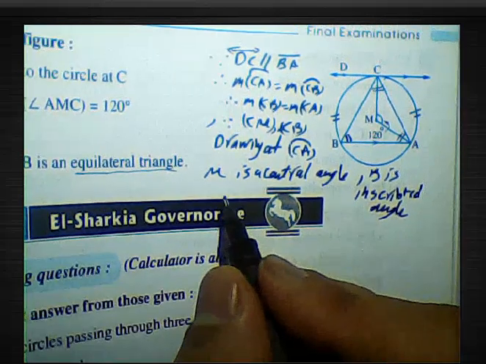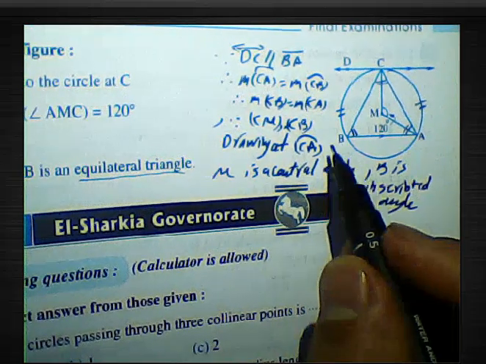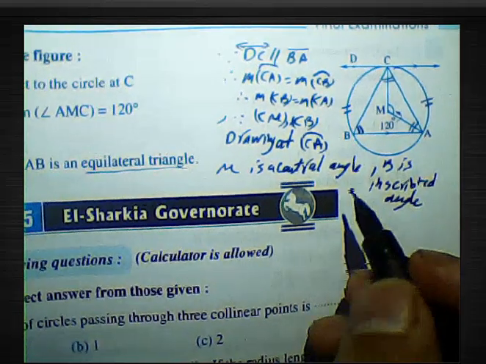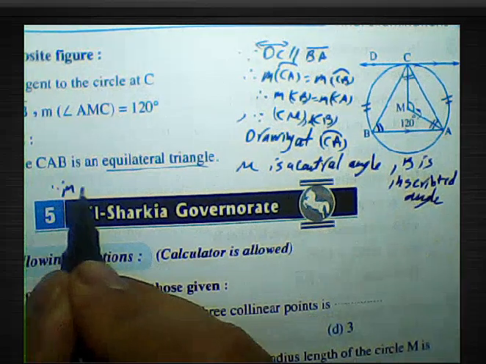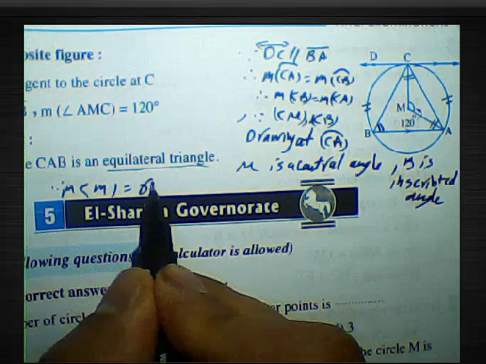The measure of angle M is twice the measure of angle B, or the measure of angle B is half the measure of angle M. Then the measure of angle B equals 60 degrees,